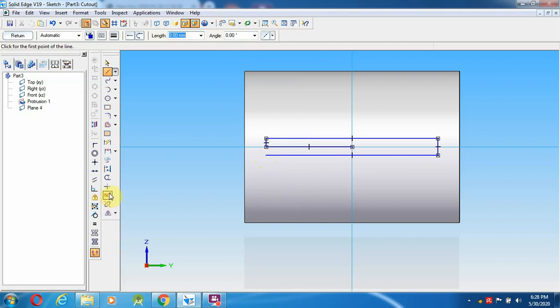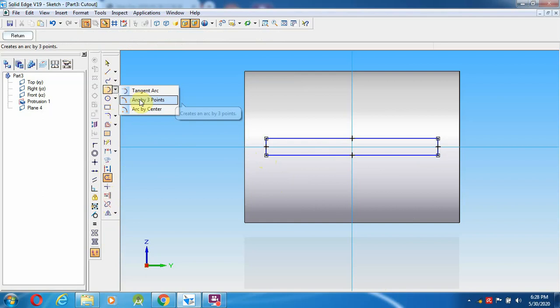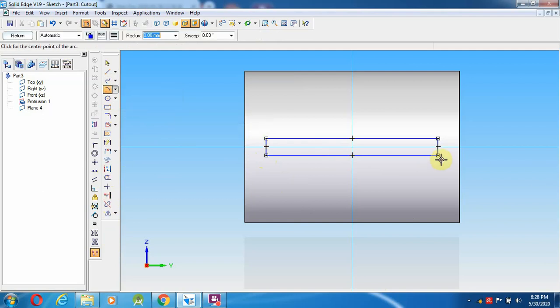I'm going to use extend to next, trim the middle one, and select arc by 3 point method or arc by center point method, from the radius of this here, from the middle here to this.